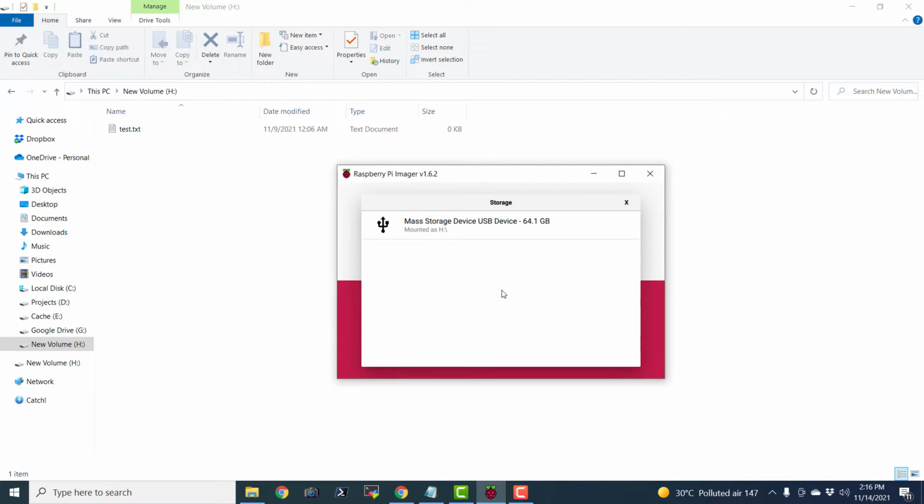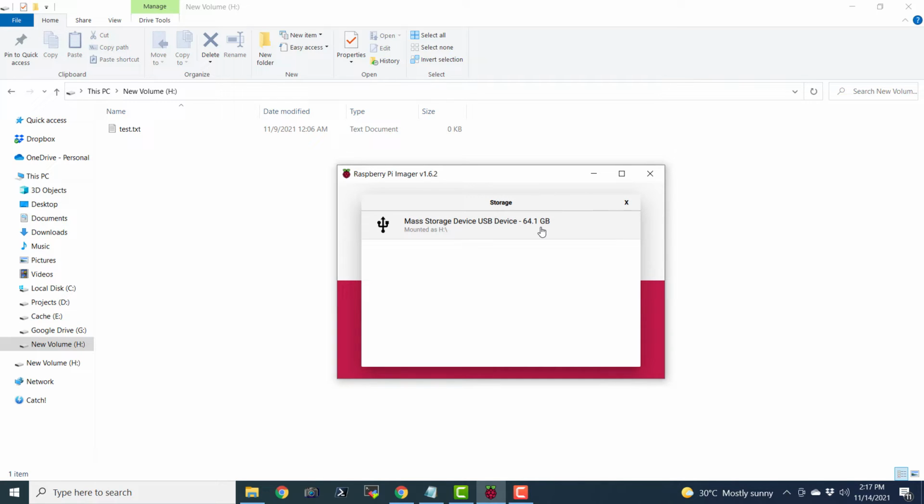It is going to show us only one option because this Raspberry Pi Imager assumes that we are connecting a SD card or micro SD card using some sort of card reader device. So it is only going to read the disk that is connected to that card reader. It is not going to show your hard disk connected to your processor on your motherboard. So don't worry about messing up the hard disk or any data in the hard disk. This is the beauty of this utility. So I'm going to choose the only option that we have here.